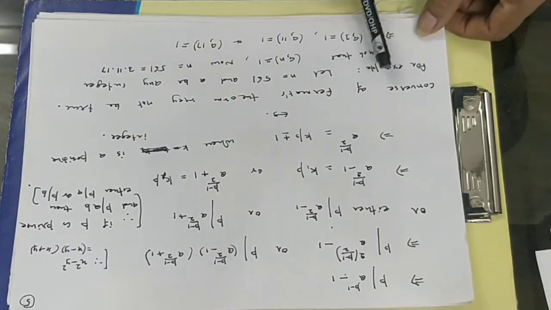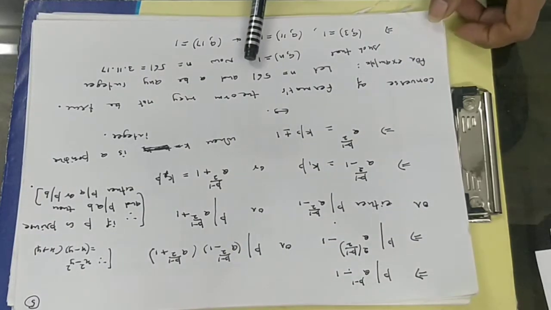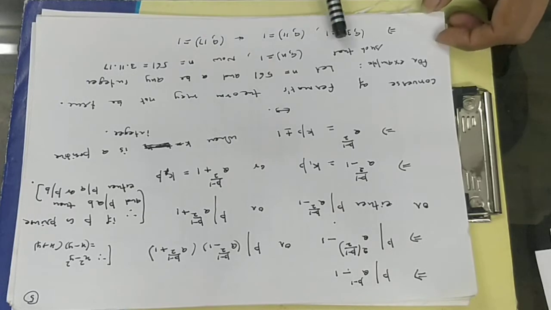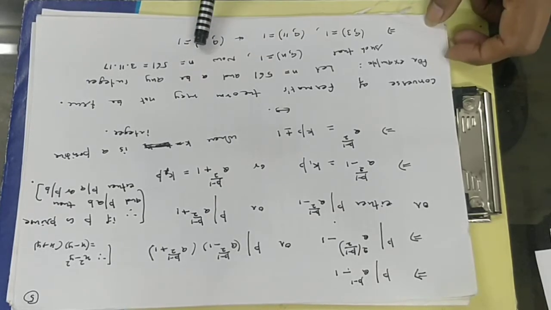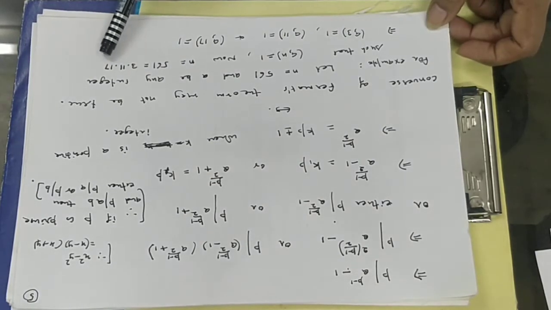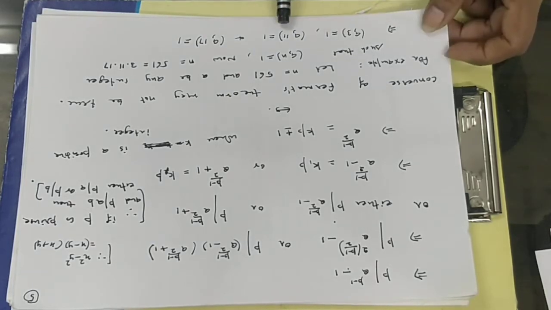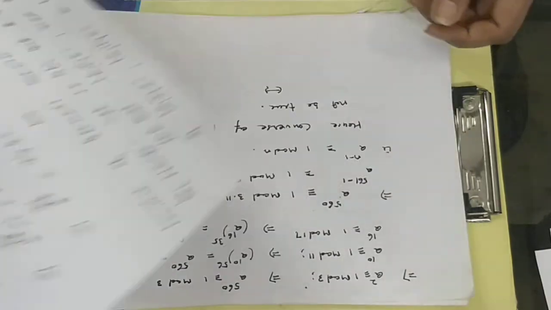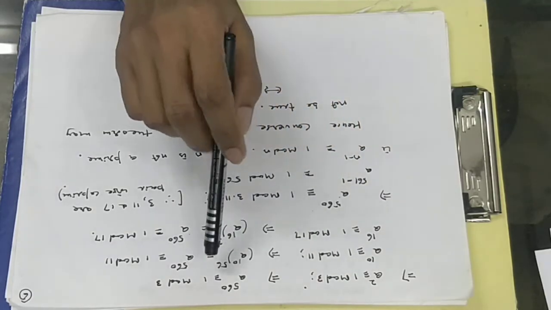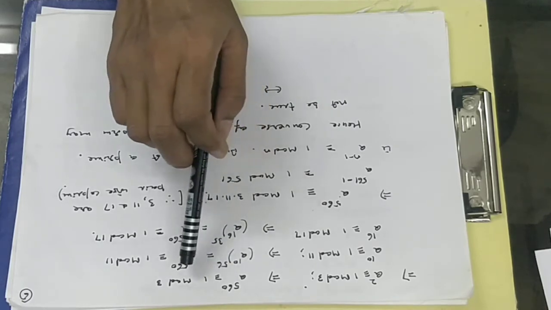Now, the converse of Fermat's theorem may not be true. We can take an example for this. Let n be equal to 561 and a be any integer such that a and n are co-prime. Now n is equal to 561, which can be factorized as 3 into 11 into 17. This implies a and 3 are co-prime, a and 11 are co-prime, and a and 17 are co-prime. This implies a square is congruent to 1 modulo 3. That will imply a to the power 560 is congruent to 1 modulo 3.